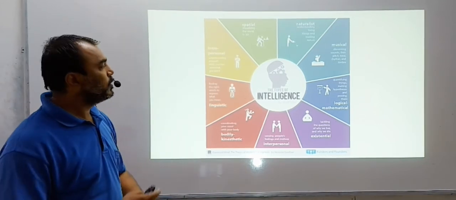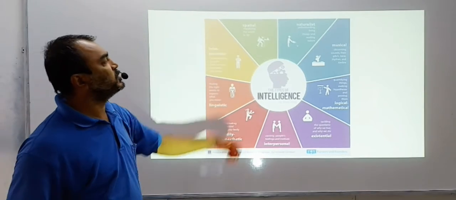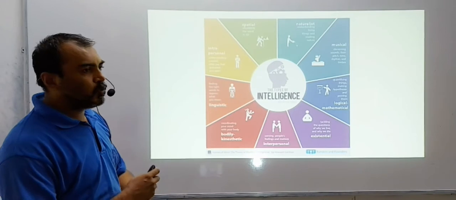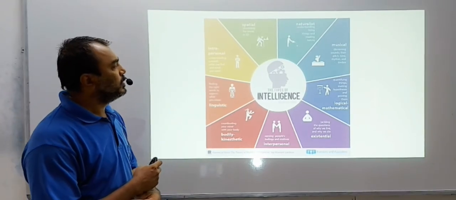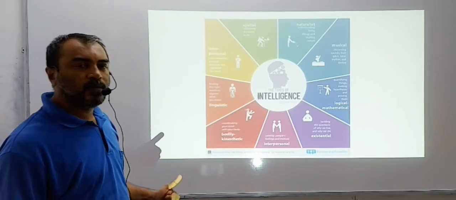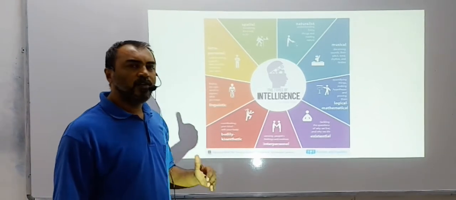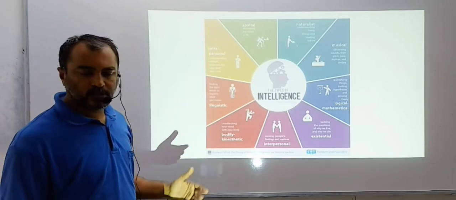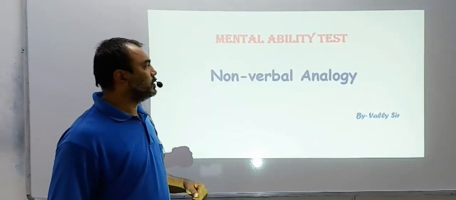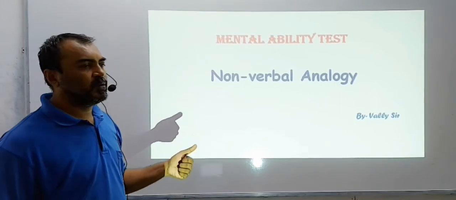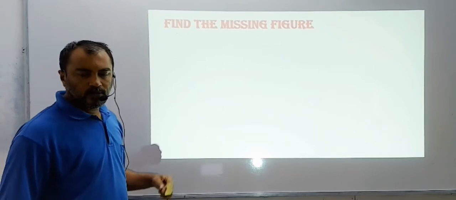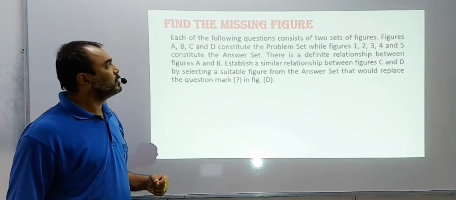So today we are going to work on the spatial related to figures, okay? I hope till now you have done quite a lot and the thinking types of intelligence you have been working upon. We have covered mathematical and linguistic. Today we will not go to academic, we will just go to pictures. So we have got non-verbal analogy today. Now we'll see what is non-verbal. Nothing to do with words, nothing to do with numbers. We have to only find the missing figure.